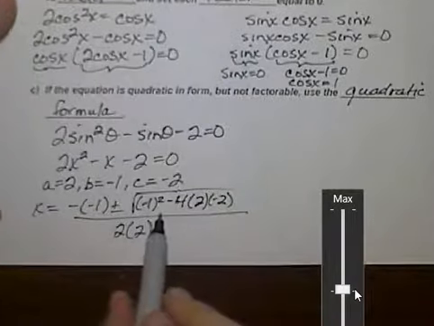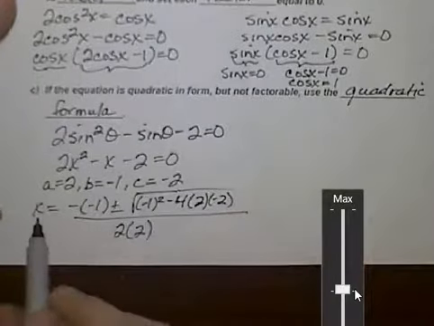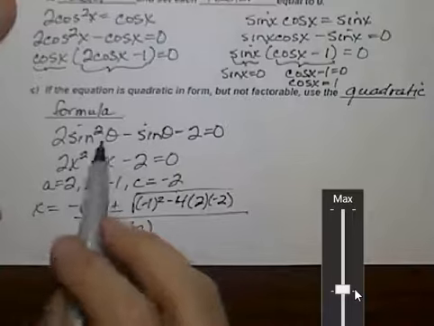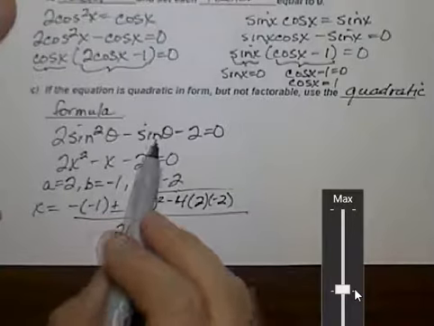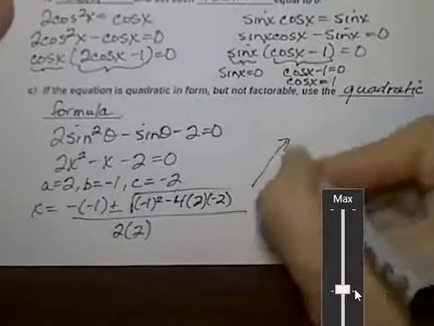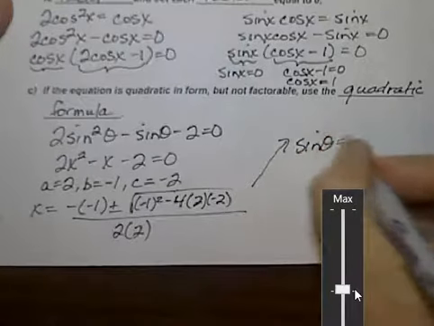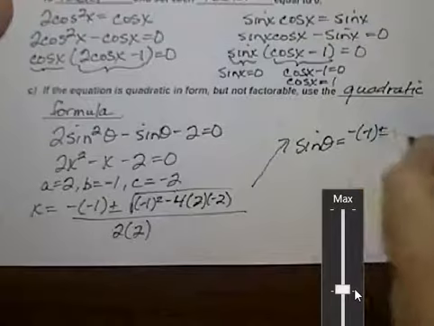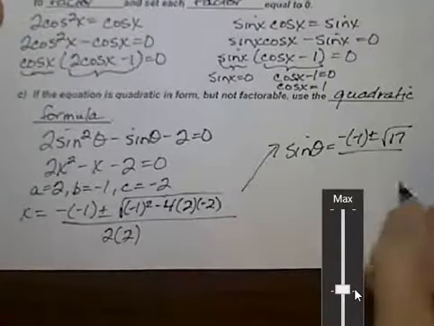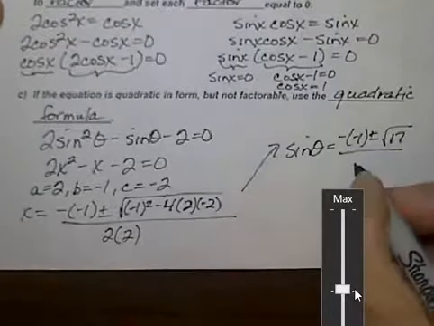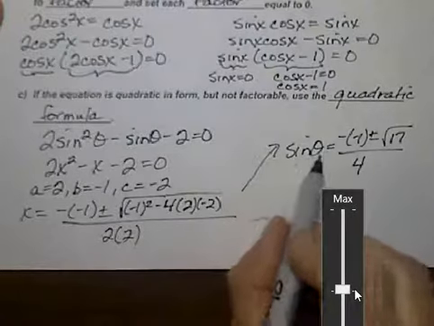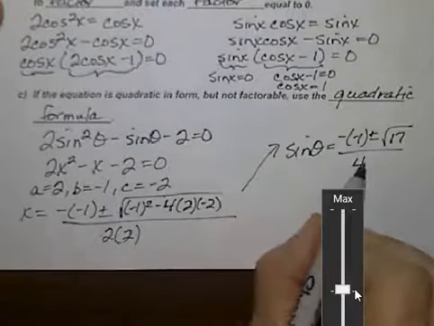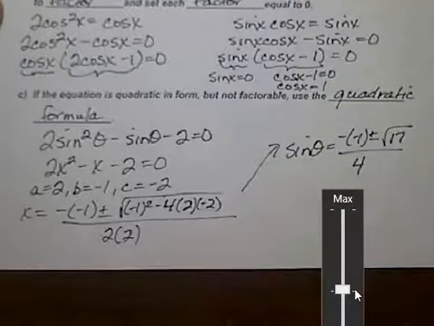Then we could go ahead and simplify this, but keep in mind that the x in the first place was actually sine of theta. So what we're going to end up with here is 2 values for the sine of theta. Under the radical, that simplifies to a 17. So we would have something like this. So we've got it solved for sine of theta, and then we would have to go on from there and